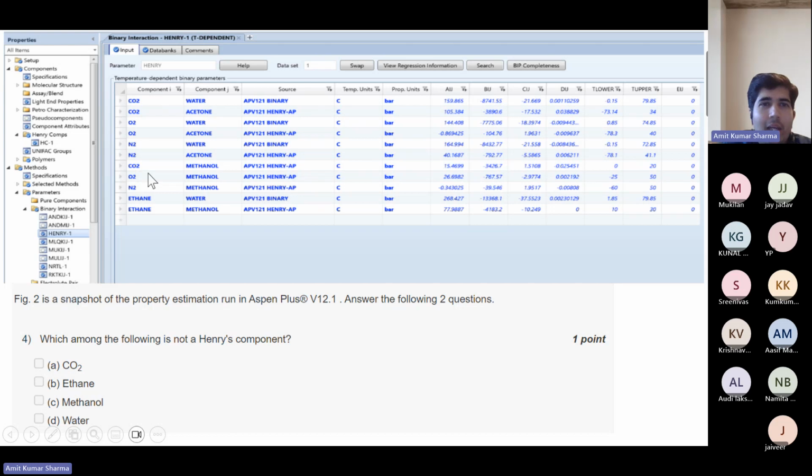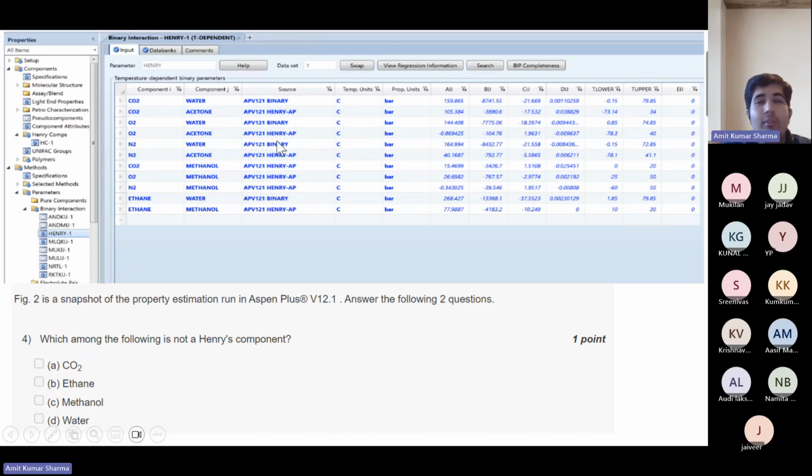Because we have component I and component J. So if you see, this binary is with component I or component J, you have two, no? CO2 or water? CO2. Because it's a Henry's component.